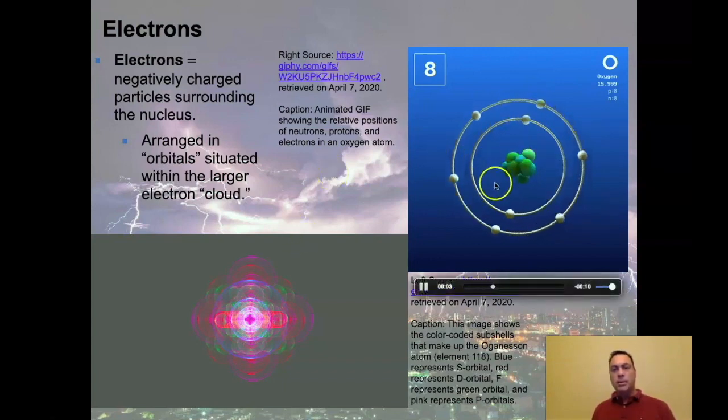But essentially, here we have, I believe this is oxygen again. So here's an oxygen nucleus. This is an animated GIF, which I really, really like these things. And what we see is there's 2 electrons in close, and surrounding it are another 6 in the next layer out. Now, of course, you can only fit so many electrons in close before they're too close to each other and they start to reject each other. So you wind up getting these layers.